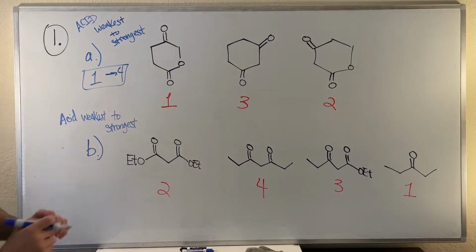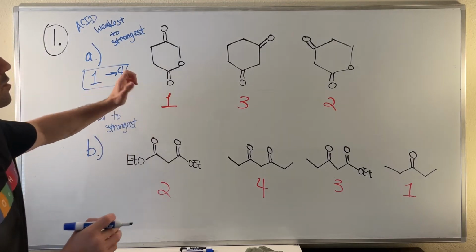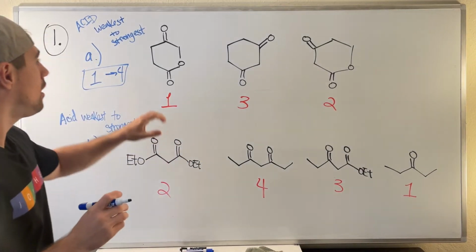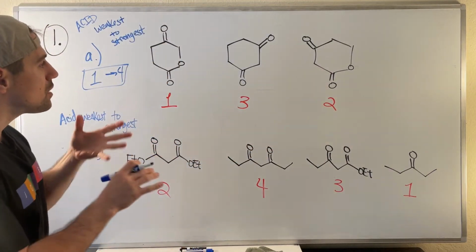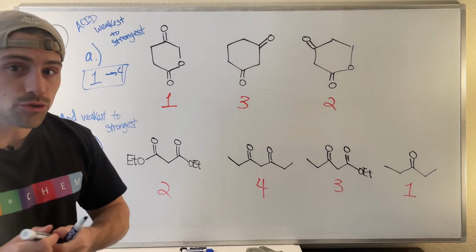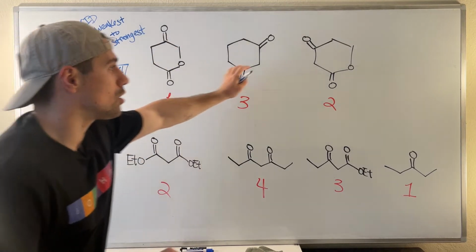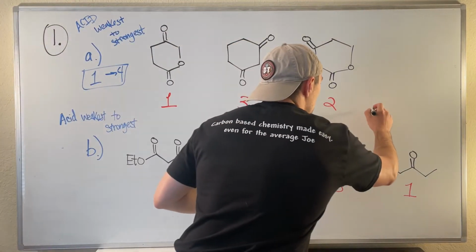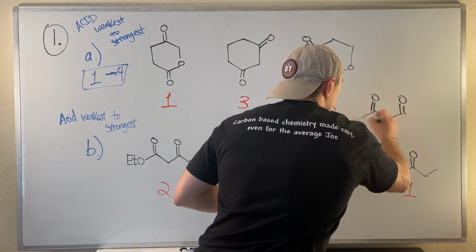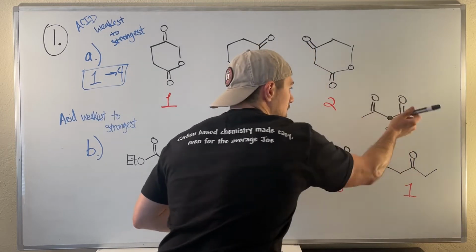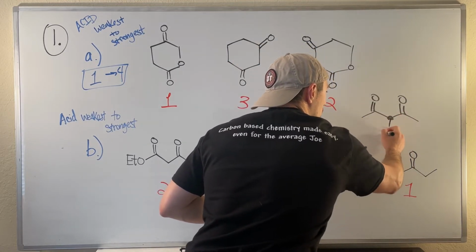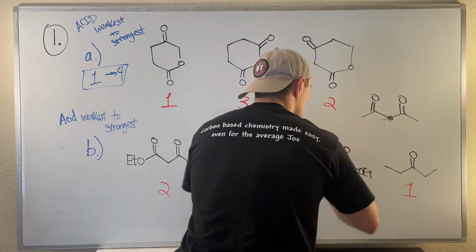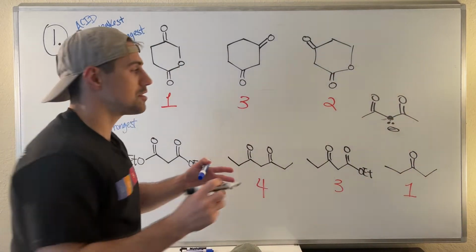So looking at part A of problem 1, you can see we're trying to find the strongest acid, and there's no hydrogens or protons highlighted or anything like that. We just have the structures given here. But I think the thing you can identify here is that in each structure, we have carbonyls all over the place. And we spent a lot of time during the instructional videos highlighting that when you have a dicarbonyl of some sort, if you have an alpha carbon wedged in between two carbonyls like this, one thing that happens when you have a proton fall off is the resulting lone pair that will end up right here is resonance stabilized in either direction,